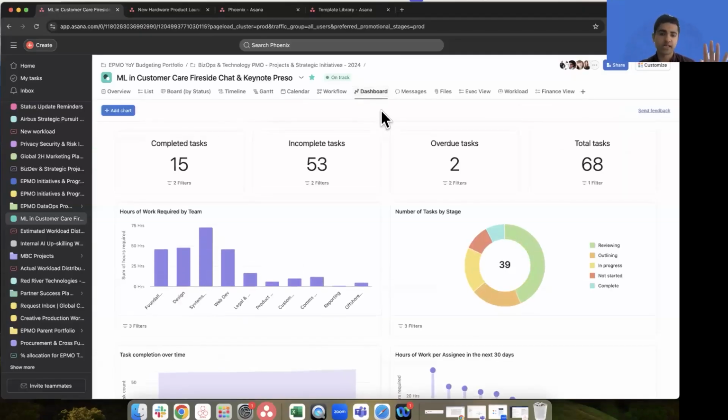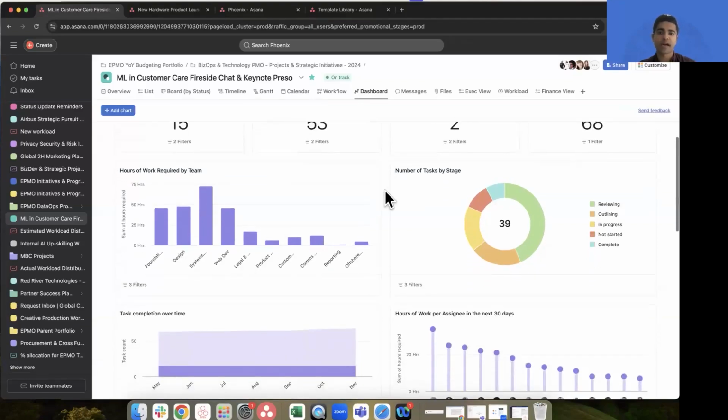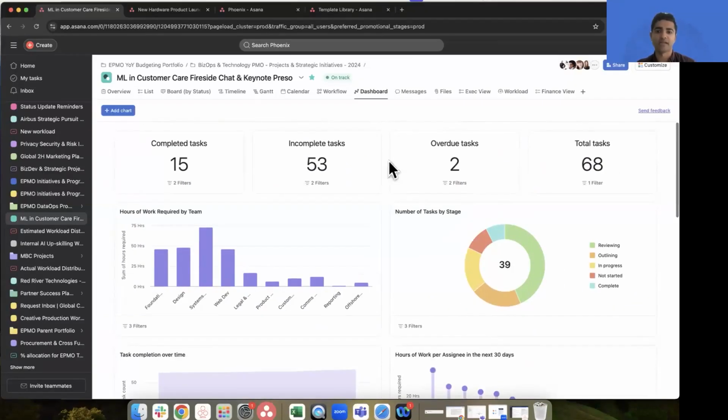This is built completely no code, it's drag and drop, point and click. But there's an active, living and breathing dashboard that updates based on how the work changes in this particular project, which allows us to really cut through the complexity of having to use a spreadsheet based platform or spreadsheets to create these dashboards, which can be quite cumbersome.